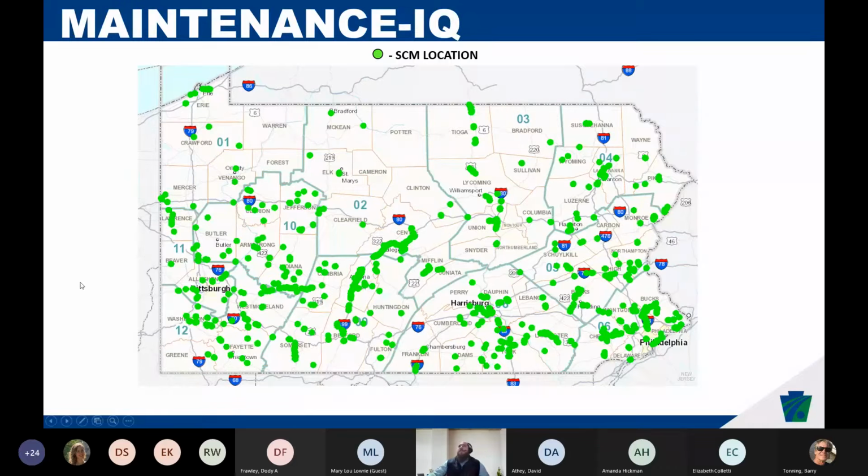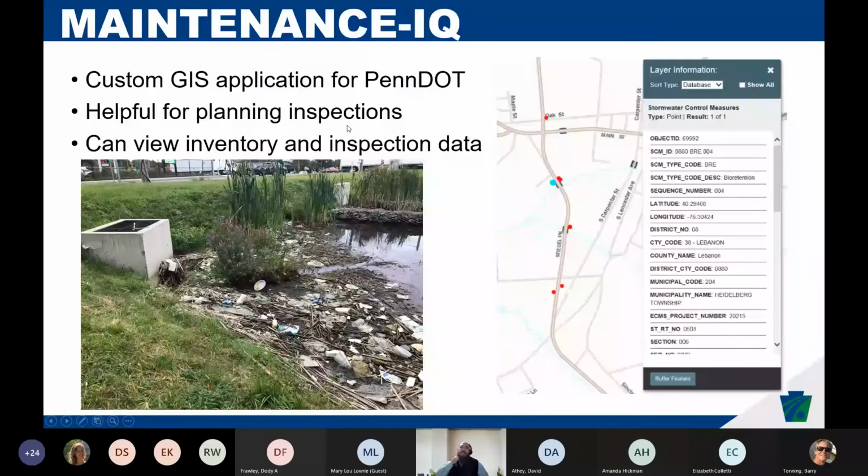So like I mentioned, it's our custom GIS application. It is for only internal folks can see this. It's not turned out to the public. We are having discussions about turning this layer on to our PennDOT One Map, so anyone could go and look at those locations. So if you would click on one of these dots, it has everything that's in our inventory,